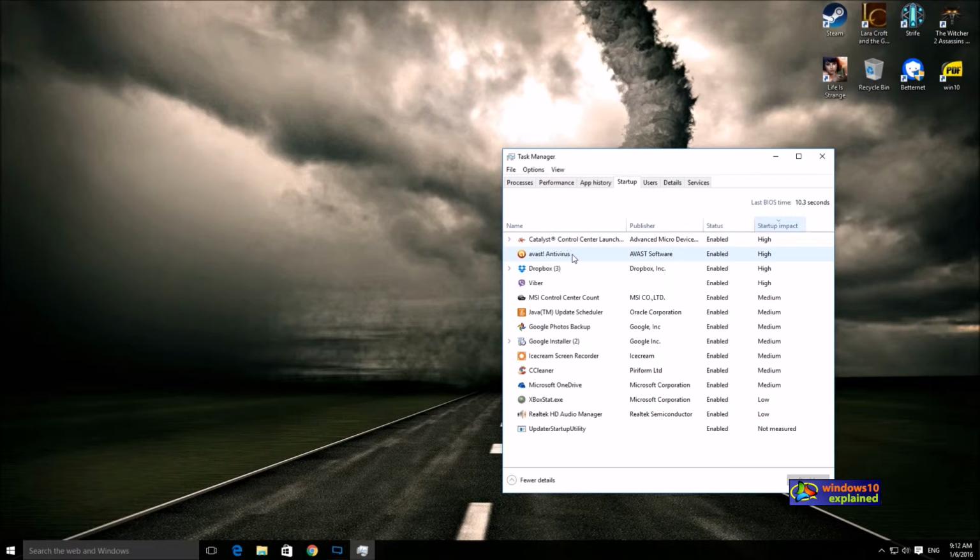Some of the applications, like your antivirus application, need to be running all the time, or should start up with your Windows 10. So don't touch your antivirus programs. Instead you can turn off applications like Viber, which is a VoIP application. You can turn on Viber whenever you want to make a call. It need not start with